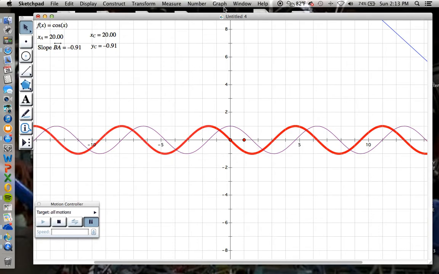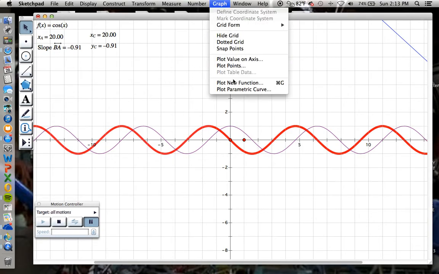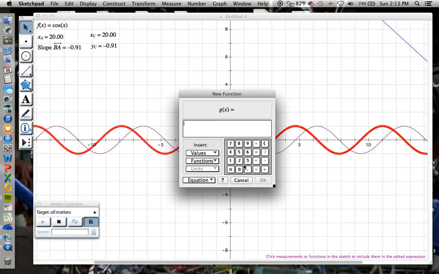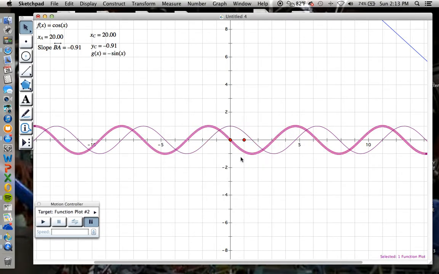So let me go ahead and graph the function negative sine of x, and it should match right on top of that red function, and of course it does. So what we figure out is that if I take the derivative of a cosine function, then I get negative sine as my derivative. And knowing these two derivatives will allow you to generate all of the other trig functions